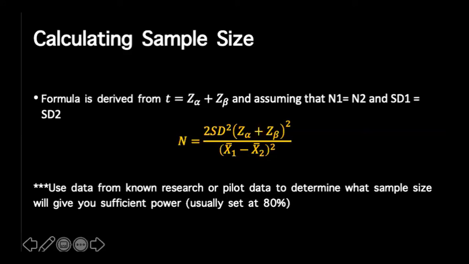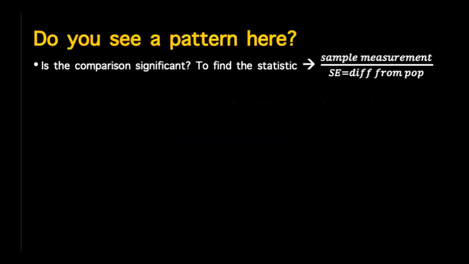So it is important that you know how to use the Z table based on the power level that's given to you. Okay. All right, so the last thing we're going to cover, and then I'll take questions,